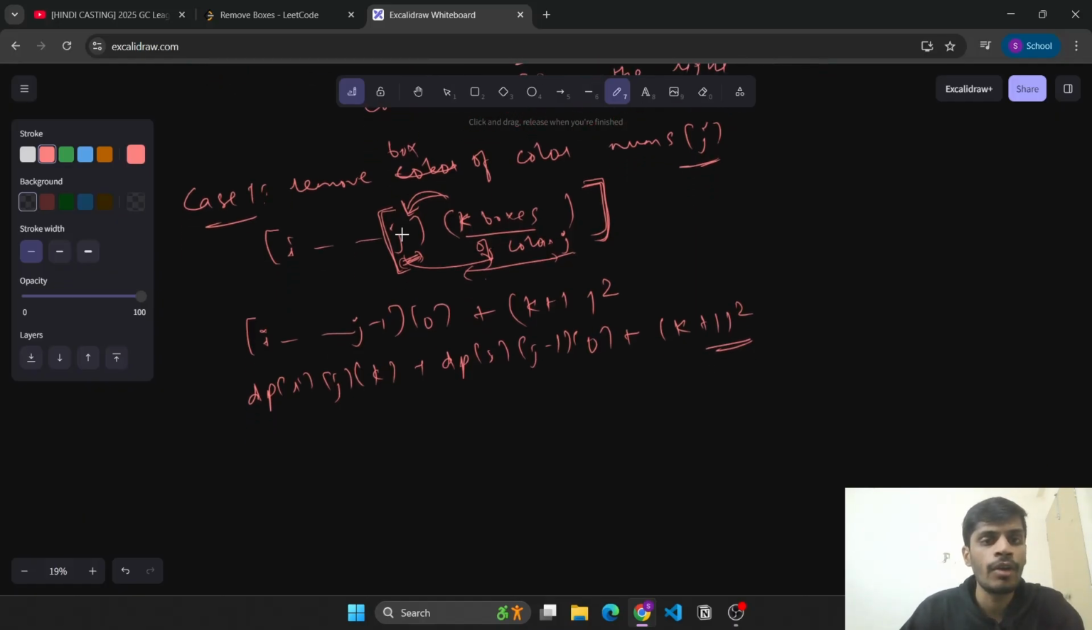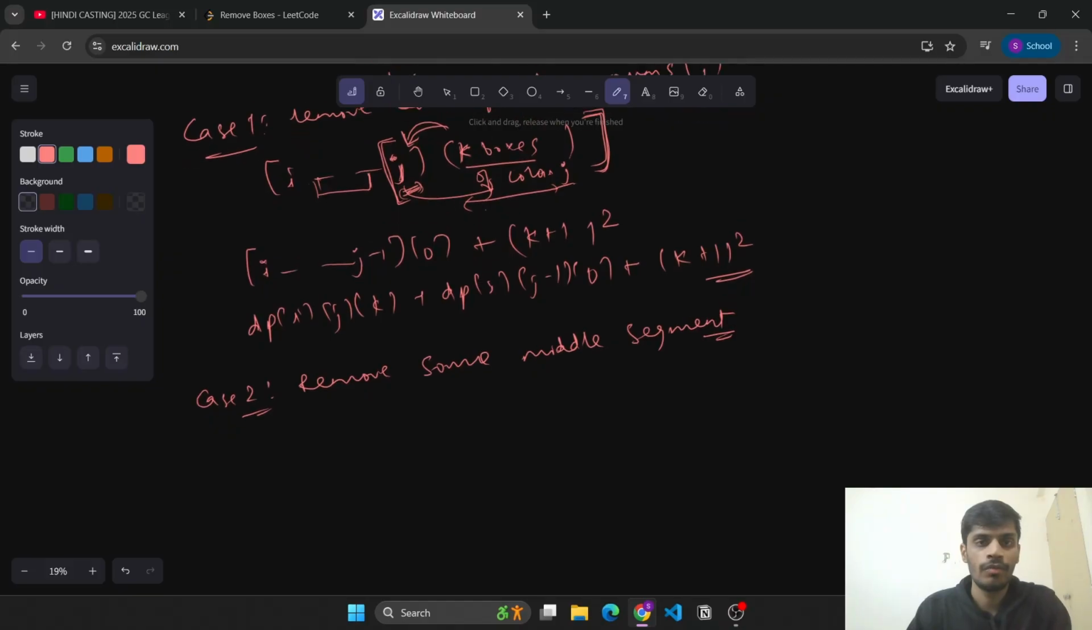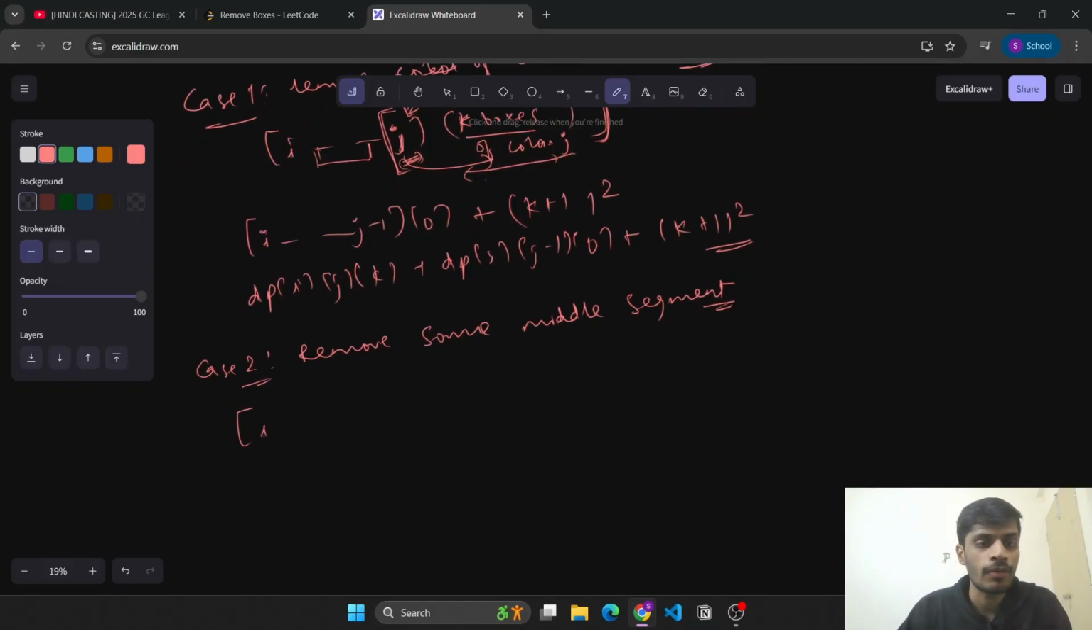Now here we removed j, but what if we did not remove j and instead removed some middle segment? So the second case is we remove some middle segment, because this will be the more generalized one, right? What will be the most optimal way of removing this middle segment? We'll remove it such that if we have the array from i to j and we have k boxes of color nums of j,